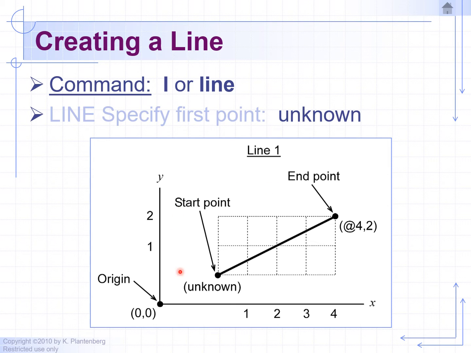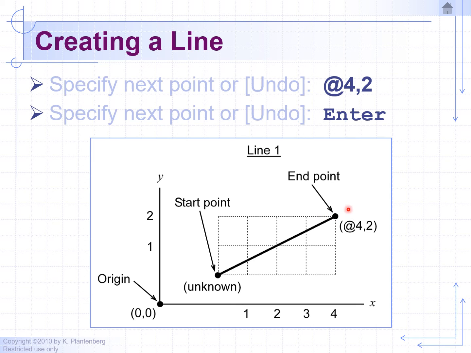So in this example, we clicked on the line icon or typed in line to create a line. And we just simply clicked in space to define our starting point. And now to locate our endpoint to define our line, we're going to go off of our last point and not the origin. So once again, we want to locate our second point. So let's go back. We click on the line command. And with your cursor, randomly click in space to locate your first endpoint. And to locate our second point,